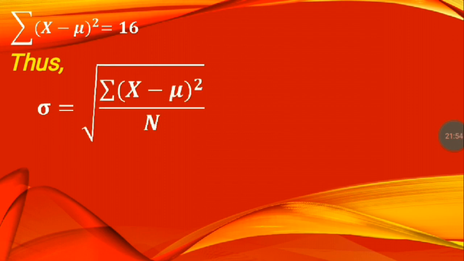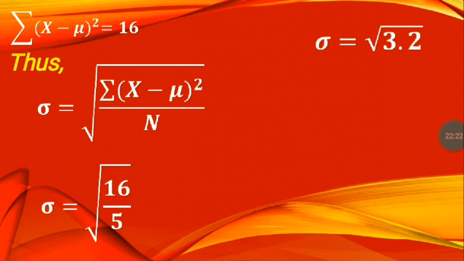Okay. Thus, our standard deviation formula, we are now going to simply substitute the values. So we have the population standard deviation is equal to the square root of 16 divided by the population size, which is 5. So that gives us the square root of 3.2. Then the population standard deviation is